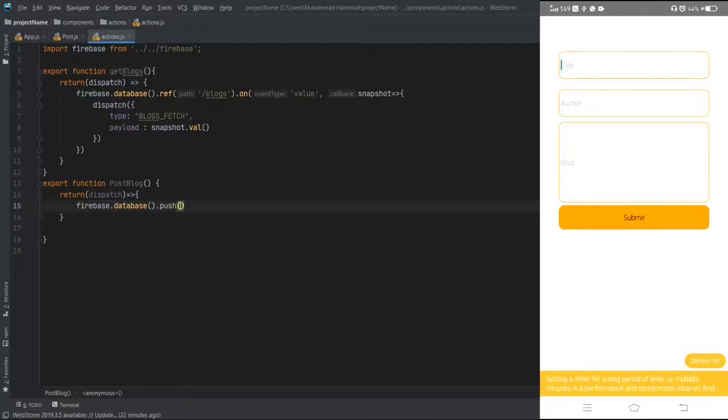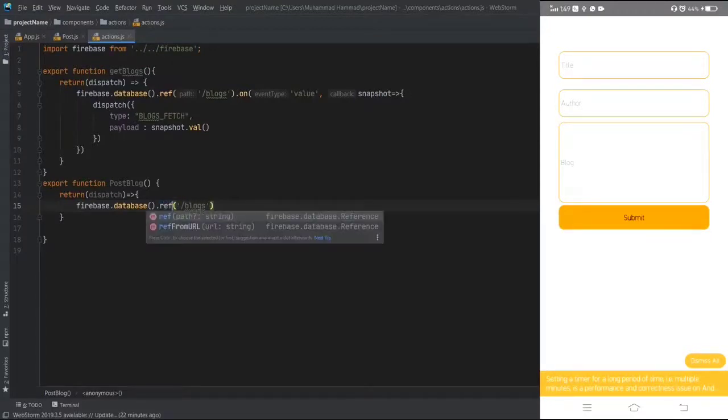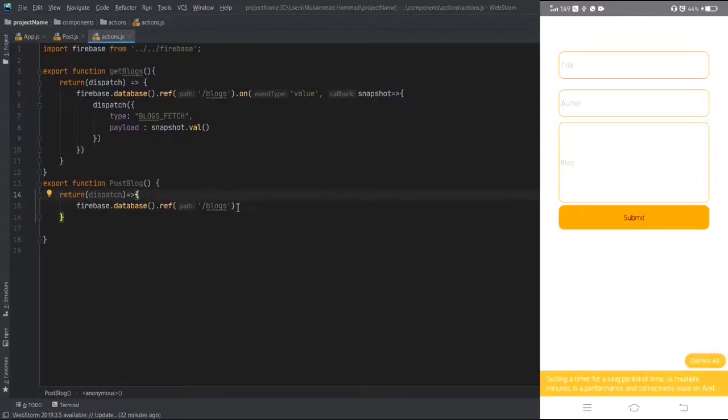And guys, if you are familiar with SQL databases like MySQL, here we have to pass the table name in which we are going to store our values. This is not really a table in Firebase, this is a reference, but in SQL databases we call them tables.